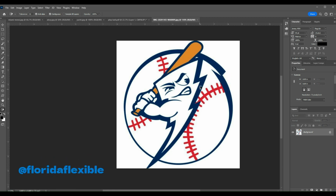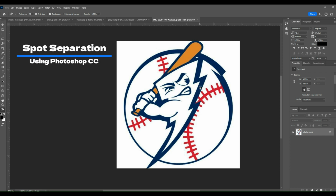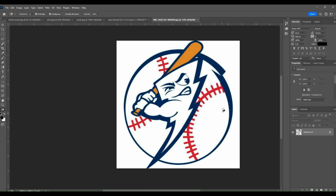I wanted to take a minute here today and do this quick video about separating spot colors in Photoshop. I'm using Photoshop CC, and I grabbed an image off the internet just to use as our trial. The first thing I want to show you guys is how to determine whether this image is actually